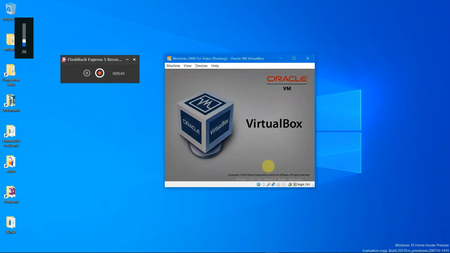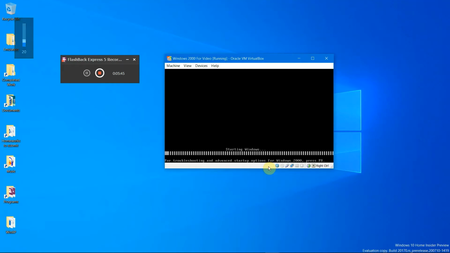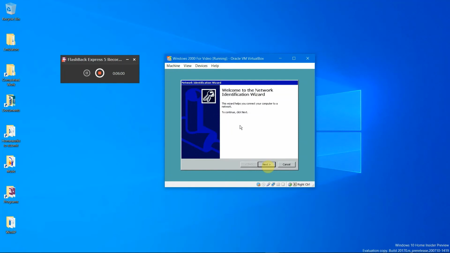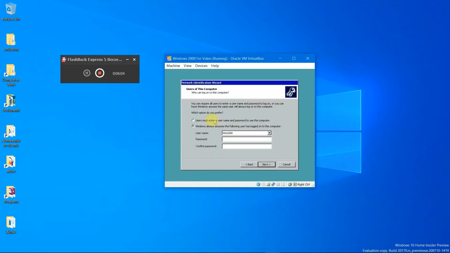and it will reboot into the Windows 2000 startup screen, which I actually really like. It's kind of better than the Windows 98 one, for example. It's not as good as the Windows 2000 Server one though. I will maybe be making a video on that. So what you can do next is